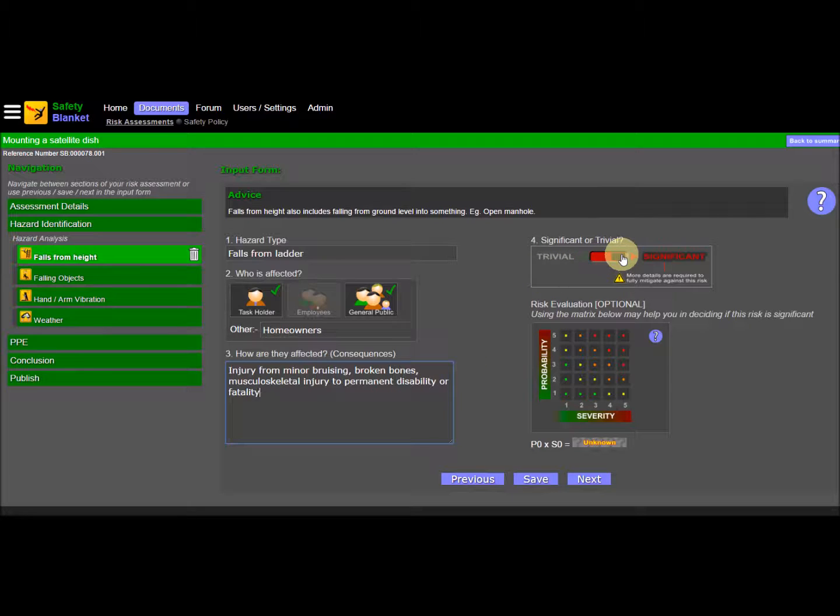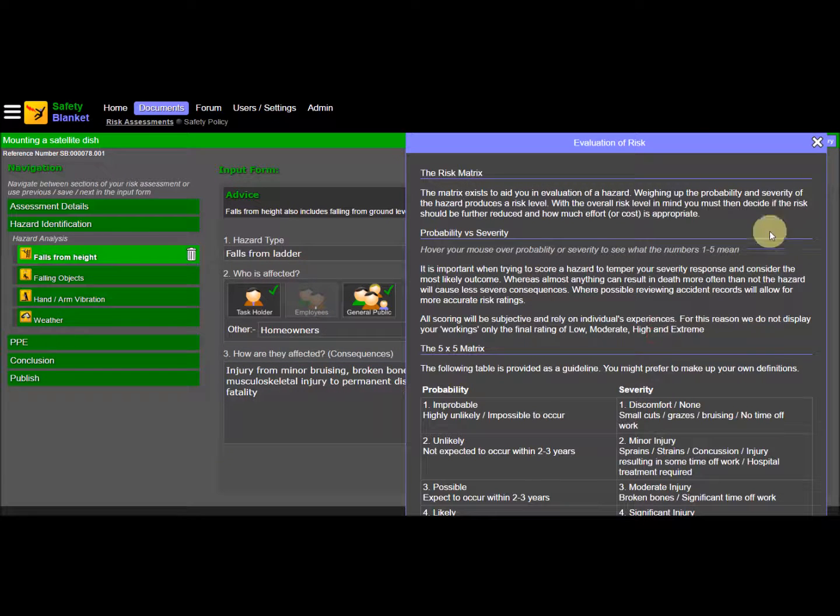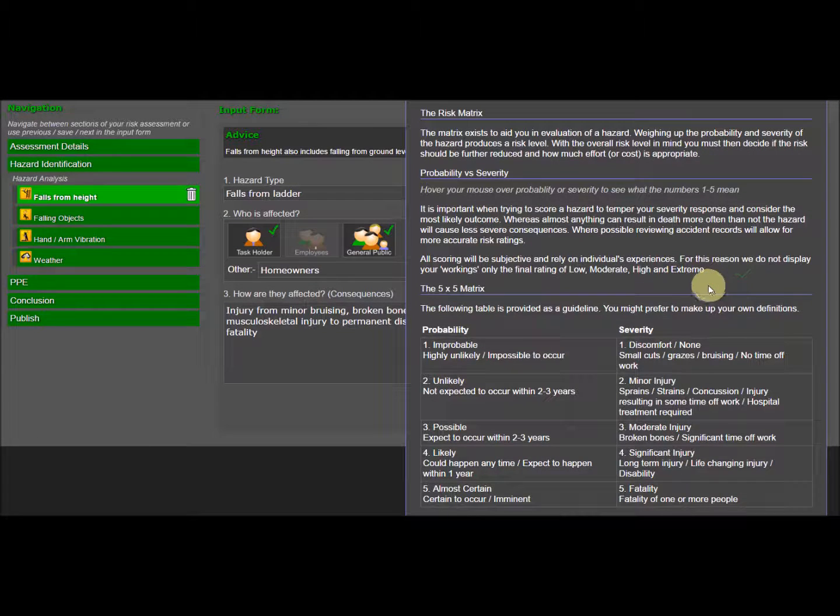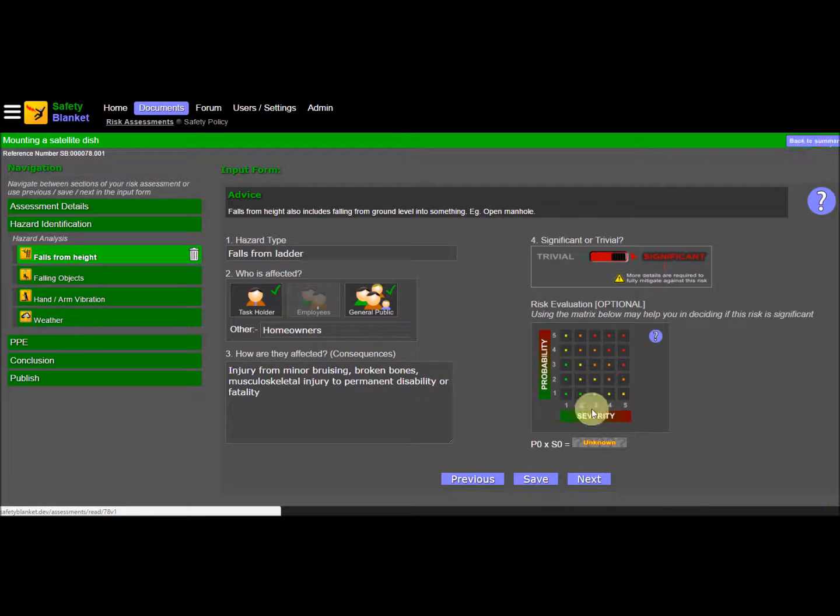And then before moving on to the next step, we need to decide if this particular hazard is trivial or significant. There's a table here to enable you to come to a reasonable decision on that, where you can select a probability of something happening and tie that into any given severity. And there's a little bit of help here. So then we move on to the next step,